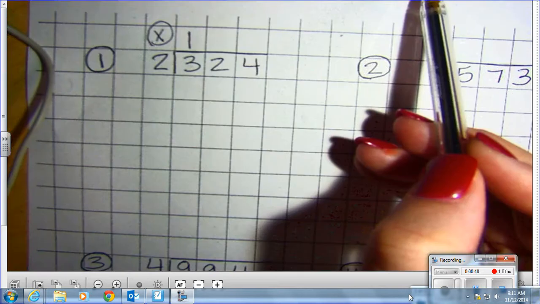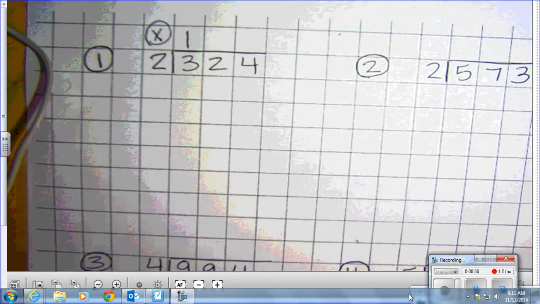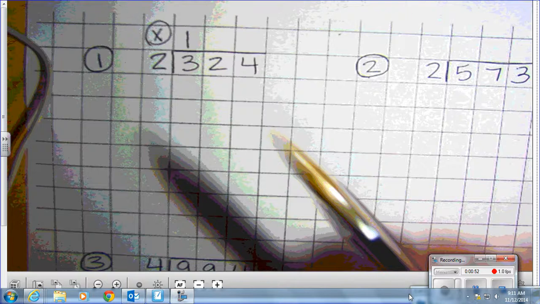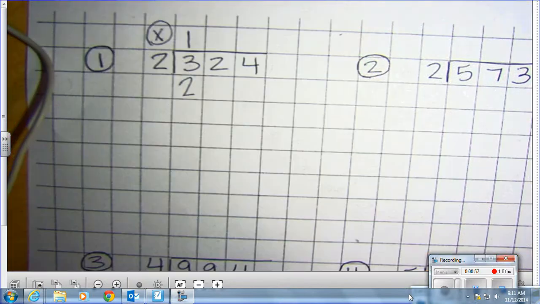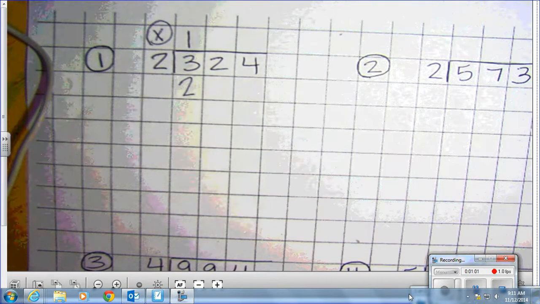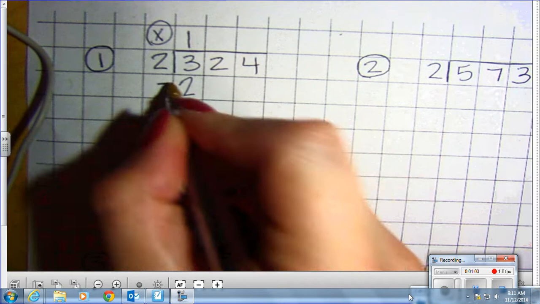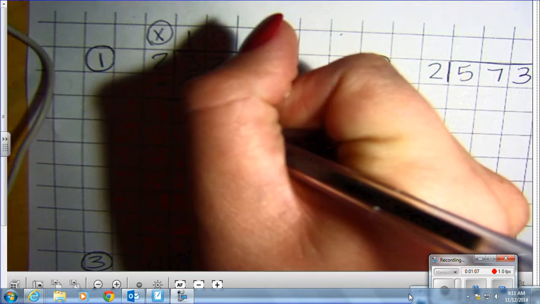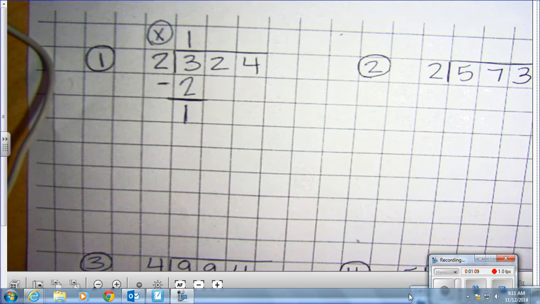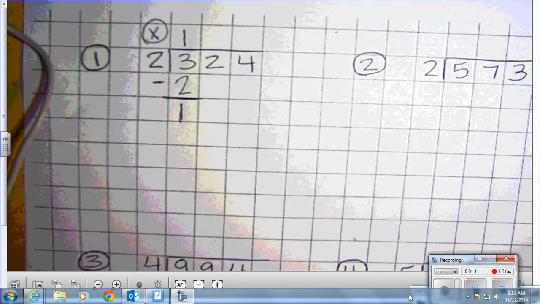My next step is what? DM. What's the M? Multiply. So what is 1 times 2? 2. Do you see how I'm doing my steps? So I divided, I multiplied, and now I'm going to what? Subtract. What is 3 minus 2? 1. Okay, so I divided, multiplied, subtracted, and now I